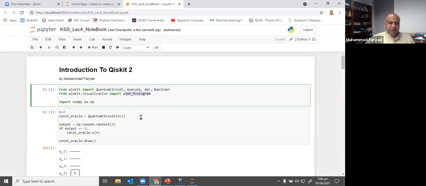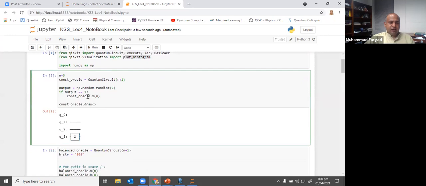Now I am first of all building a quantum circuit which mimics an oracle, and for a constant oracle, you see it's very easy to make. So I'm taking a 2-bit random number, and seeing if it is 1 or 0. If it is 1, I'm preparing a constant oracle and I'm implementing